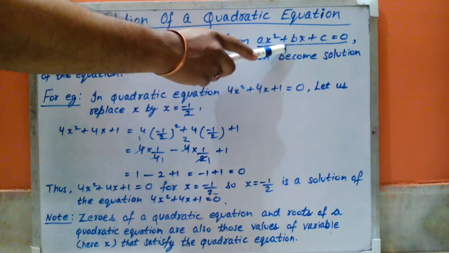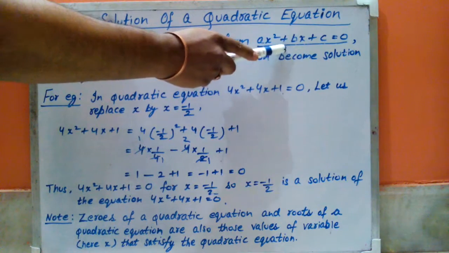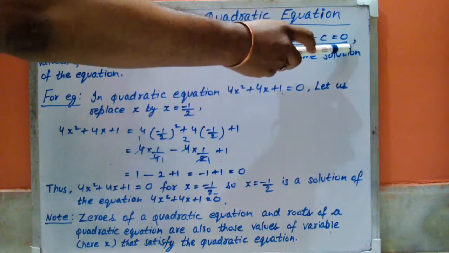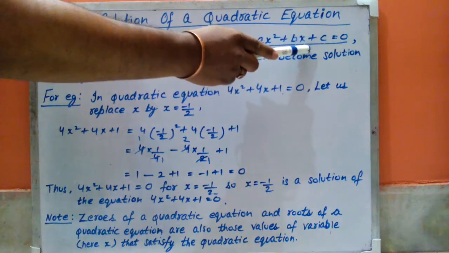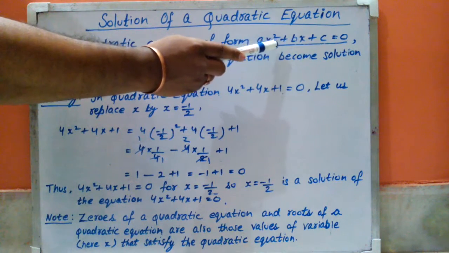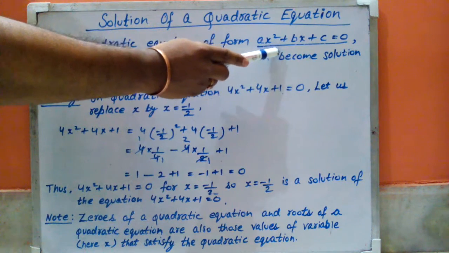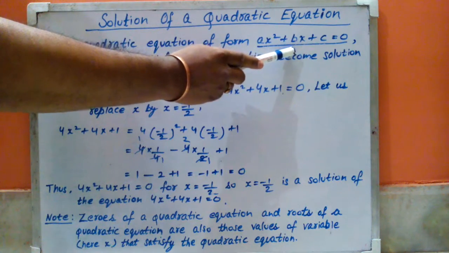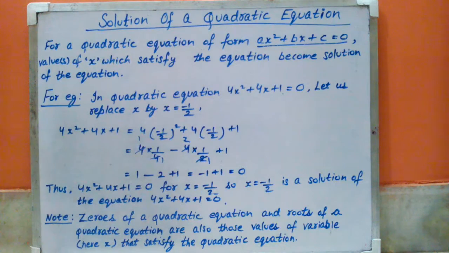In this equation we have two sides, left hand side and the right hand side. On left hand side we have ax square plus bx plus c, and on right hand side we have 0. Here we have x square and x with a and b. So on left hand side, if I replace x with any value, any such value which on solving the left hand side gives me answer 0, which is equal to the right hand side, will become the solution of this